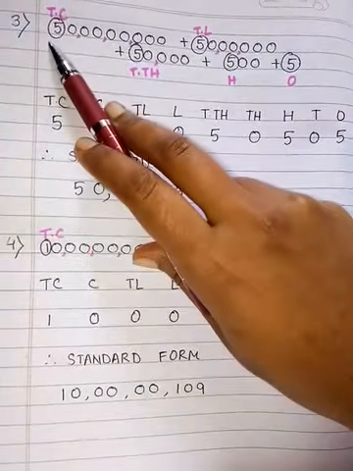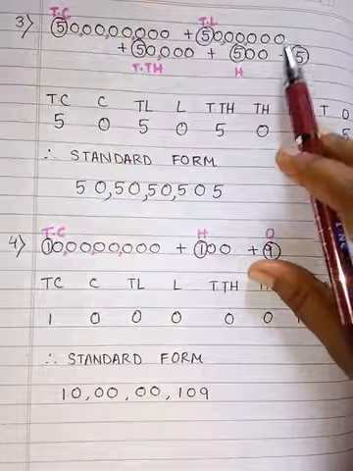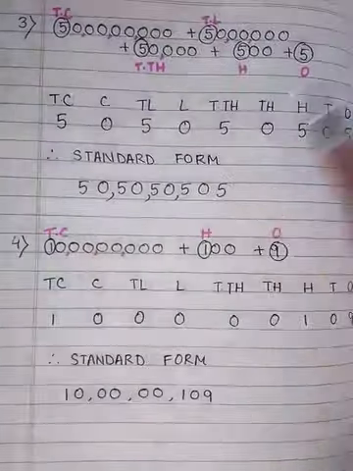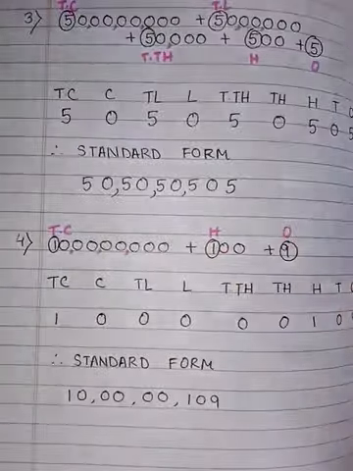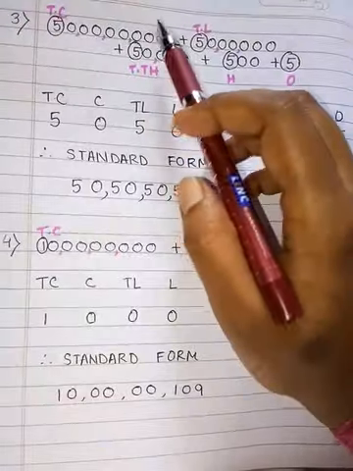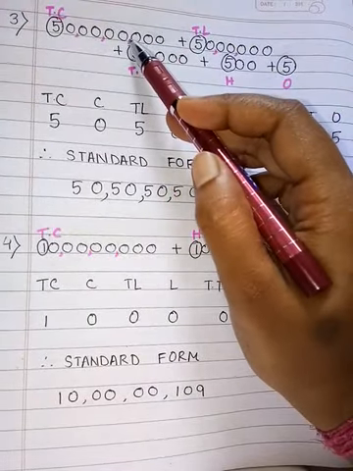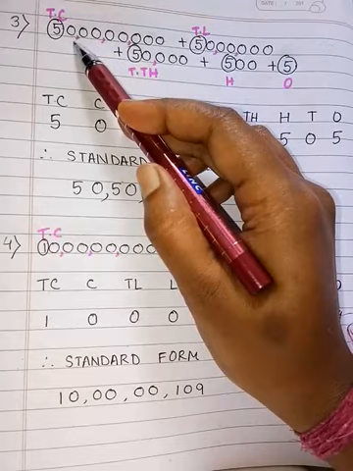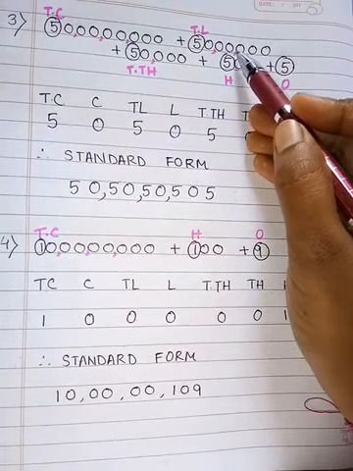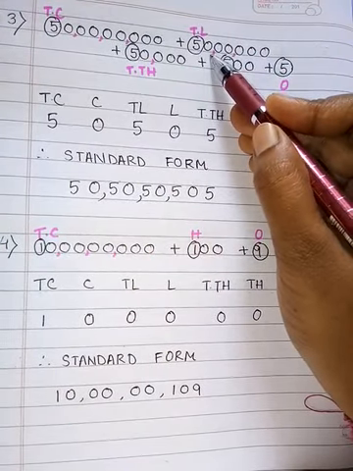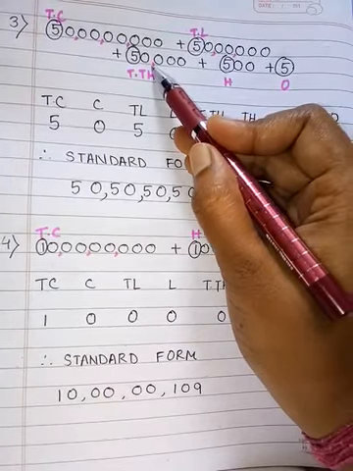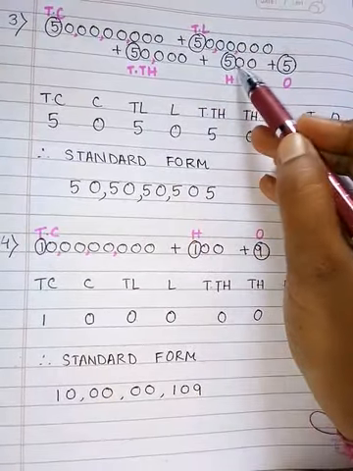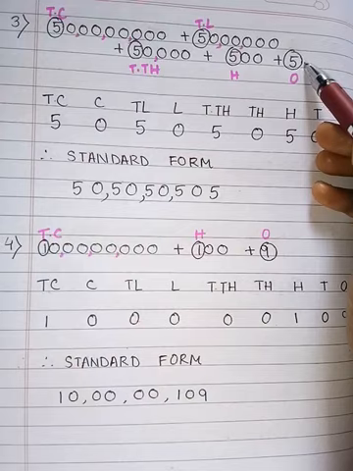Similarly in sum number 3, here also the expanded form is given. You have to write down the standard form. Like the previous one, first put the comma. The first one will be after 3 digits, then after every 2 digits. Similarly here, after 3 digits, 2 digits. After 3 digits, there are only 3 digits here, and this is 1 digit.